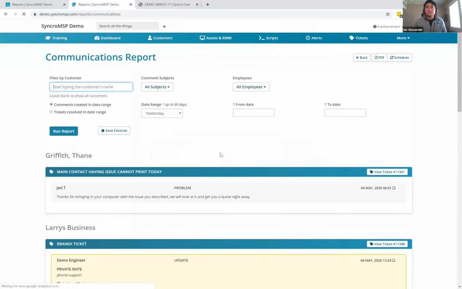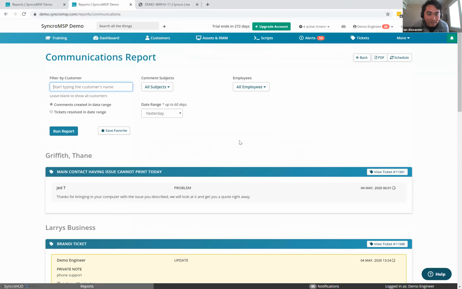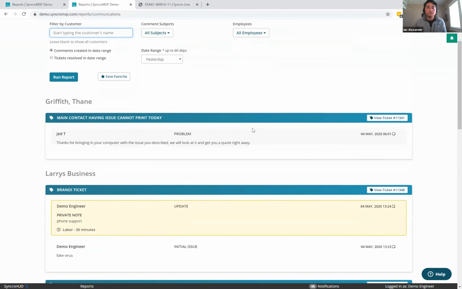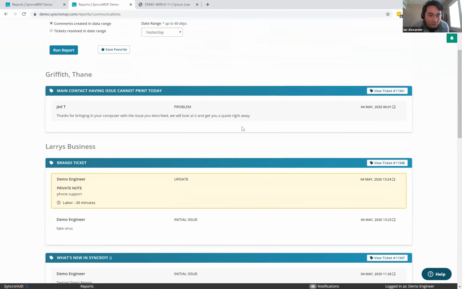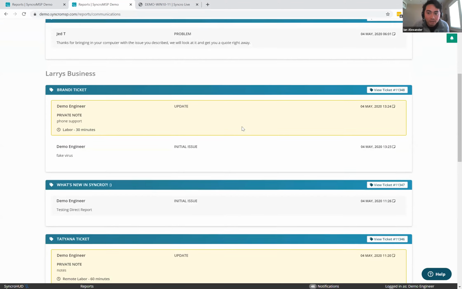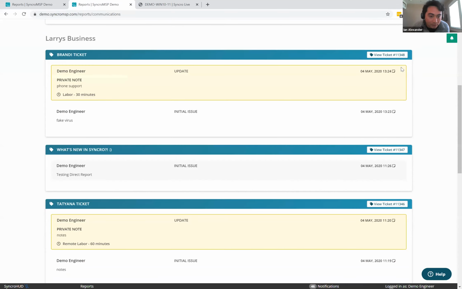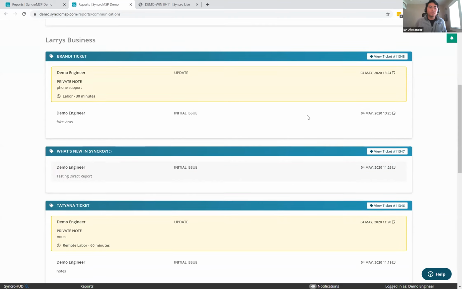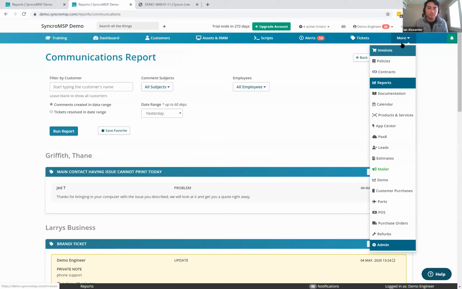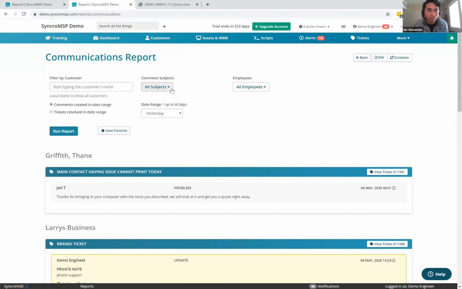So this is all the ticket comments, plus you get one-click access to the tickets. So you can see all the things that are happening in each ticket. And you can just click that view ticket button and it'll bring you straight there. Pretty straightforward, but very helpful. And you can filter by customer or by comment type or in a particular range or for a particular employee. So if you wanted to see all the communications from one particular employee to all of your customers, you could